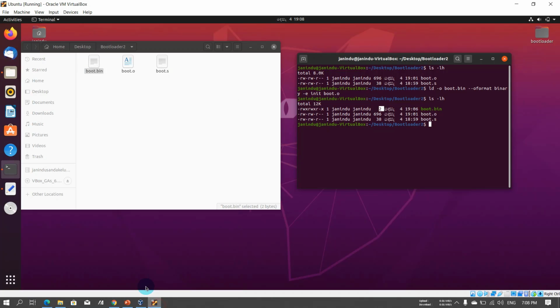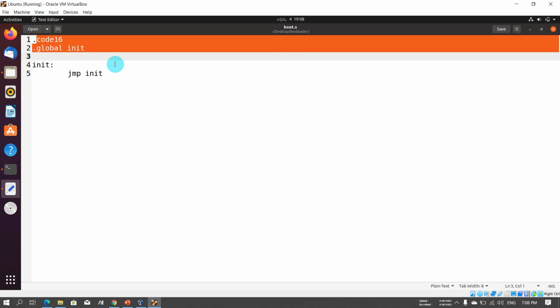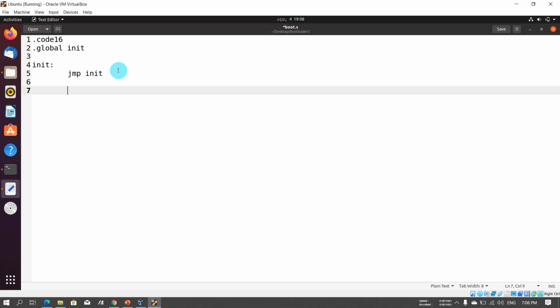Basically, let me move on to our object code again. So this is our object code. Now we need to specify our size as well. So in order to do that, I will type .fill, then 510 is our size. But if we type only like this and compile it,